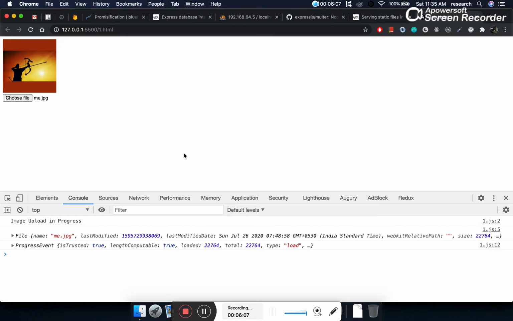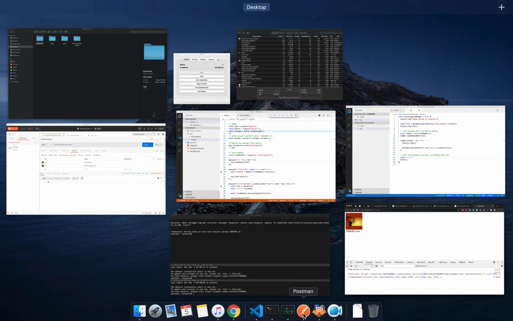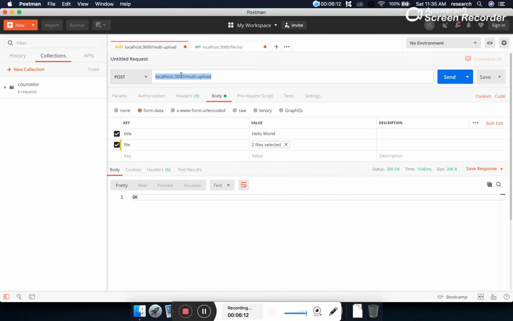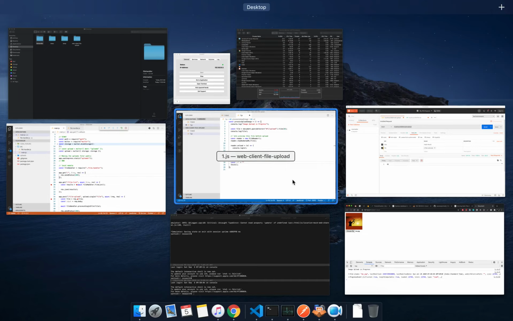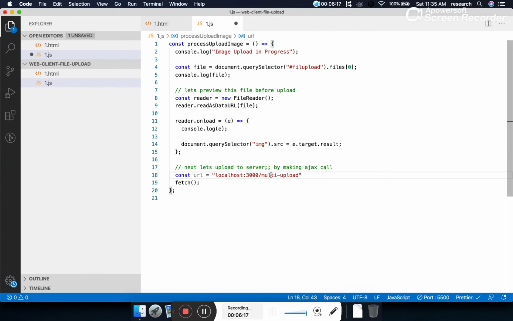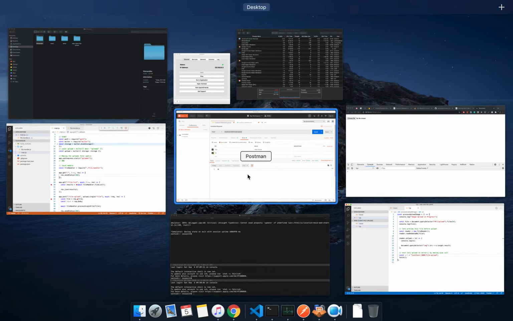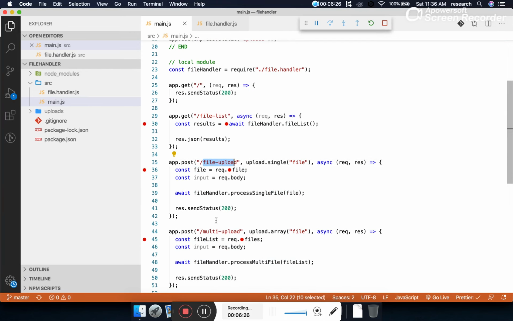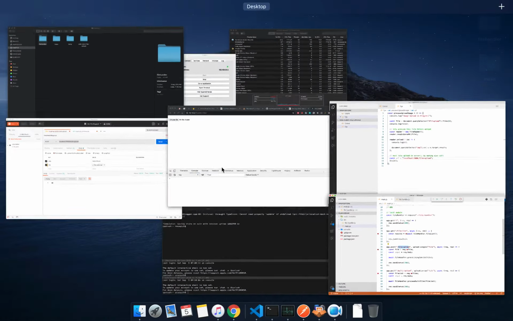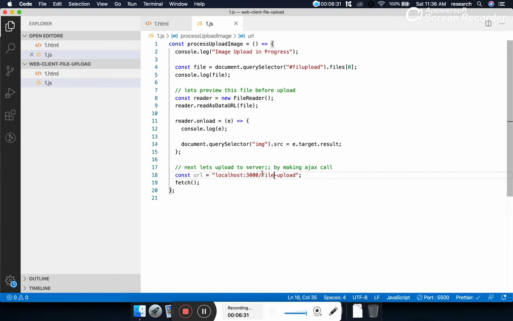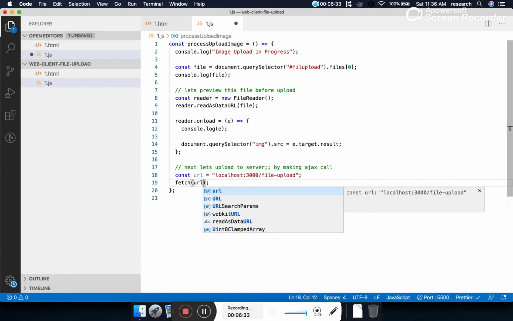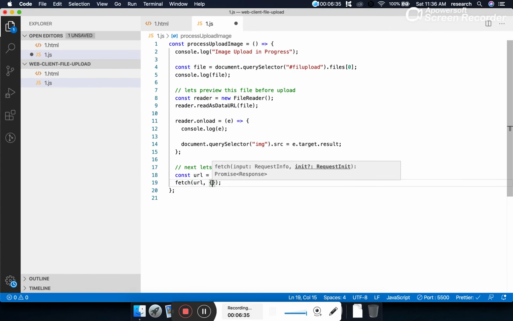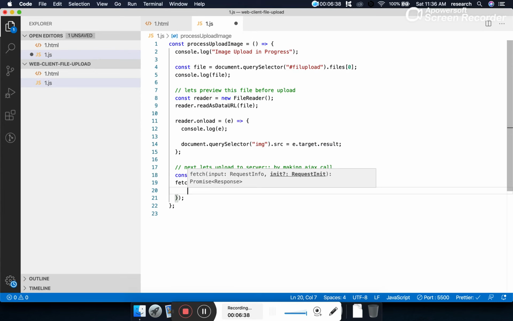We need a URL. So what is the URL we will be using? Let's go to Postman, and here we can select any one option. This is our URL, and I am using the single file upload URL. If you know, we have created two URLs, file upload and multi upload. For this single upload, I found giving the example of single upload. So this is our URL, and it takes another option. The other option, why? Because we are going to call the post method.